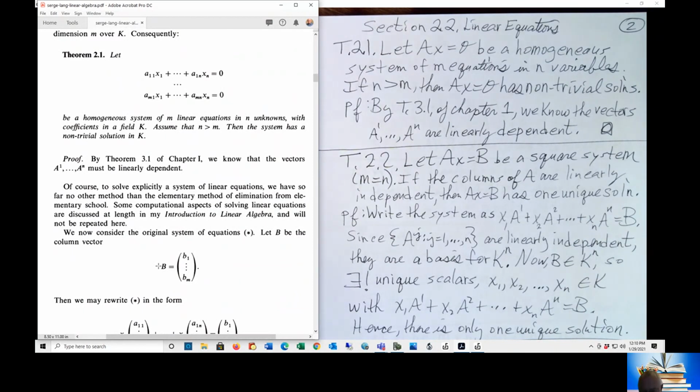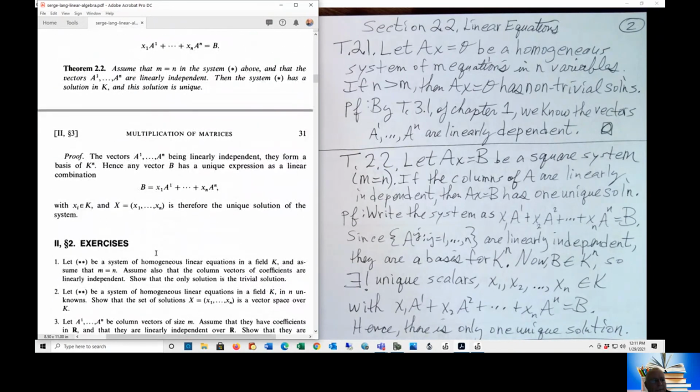That is, when you have more vectors than the dimension of the space, then those vectors are linearly dependent. So we know now that for a homogeneous system, if there are more variables than there are equations, then it does have non-trivial solutions. Really, it actually has infinitely many solutions. Okay? All right, and then